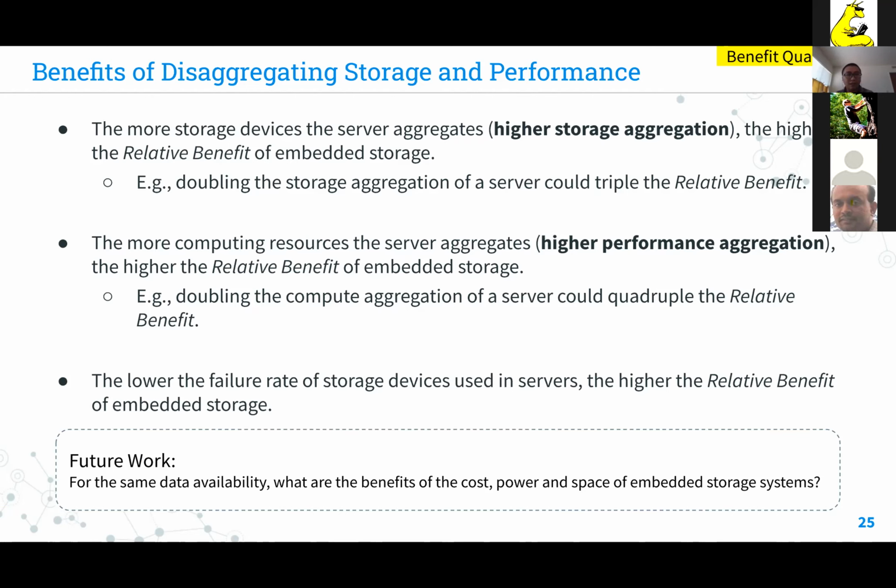And so with this understanding, we could move our research forward to study other interesting questions related to data availability. For example, in order to achieve the same data availability, what are the benefits in cost, power, and space of using embedded storage devices for storage systems?